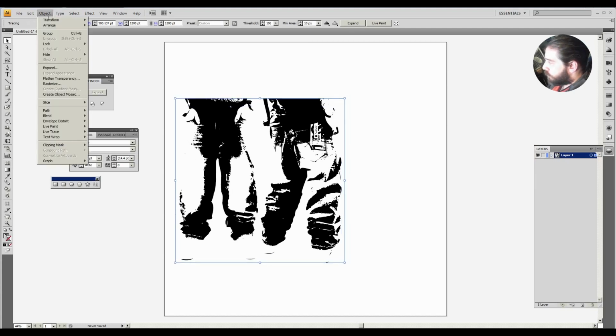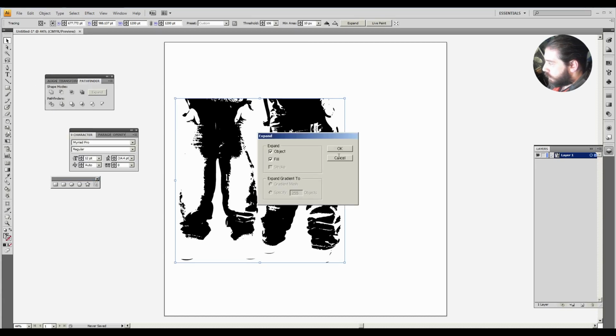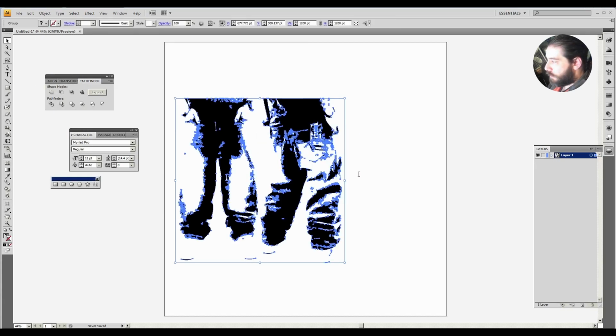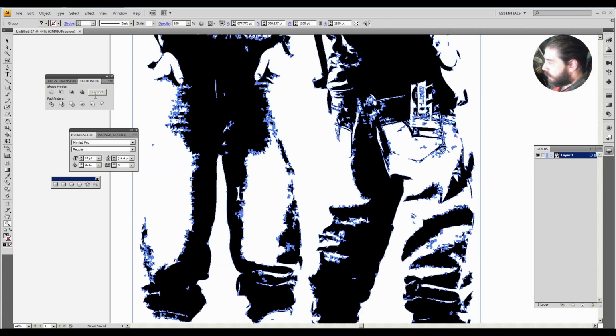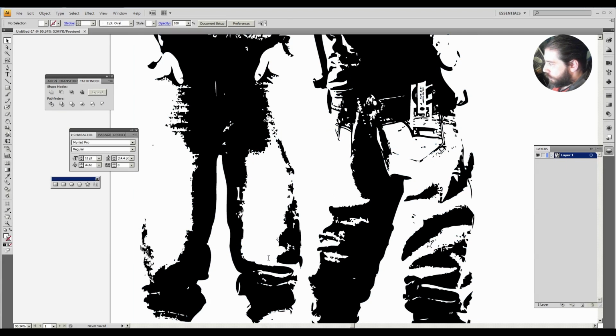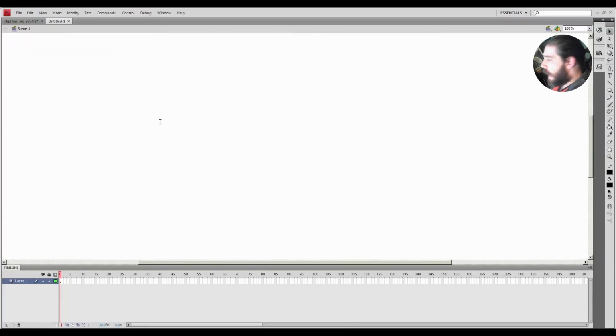We go back up to Object and then Expand, and when we just click OK with the default settings, we're going to see that we get all this real nice detail broken apart into individual little areas. Now this is how you sort of work with a scan image or any kind of art and then convert it from monochromatic. Now I'm going to show you a way that I prefer to work with these images,